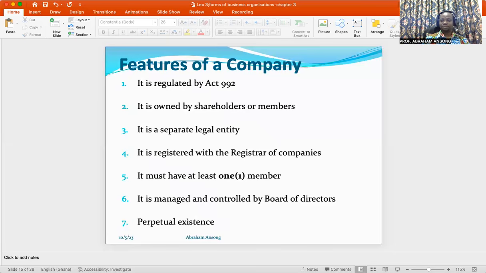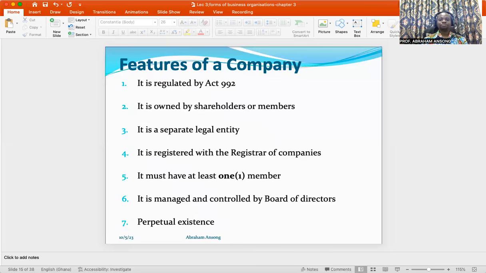Okay, so the management may not be the right word, but the oversight responsibility of making sure that a company is properly run is normally in the hands of the board of directors and not the owners or the members or shareholders of that particular company. Later, I think we'll be talking more about board of directors, right?